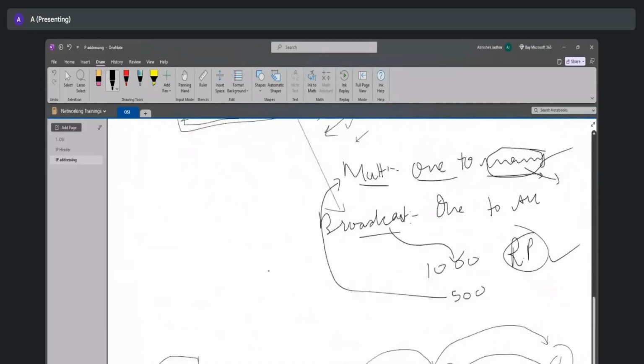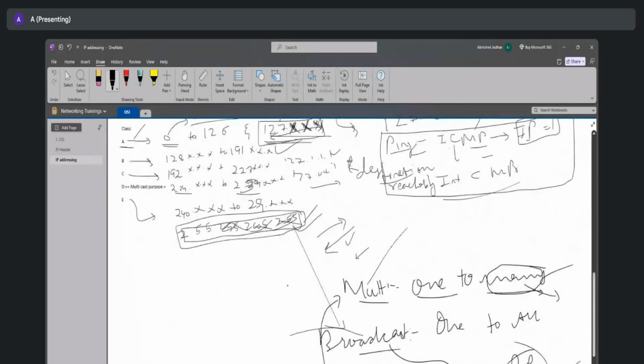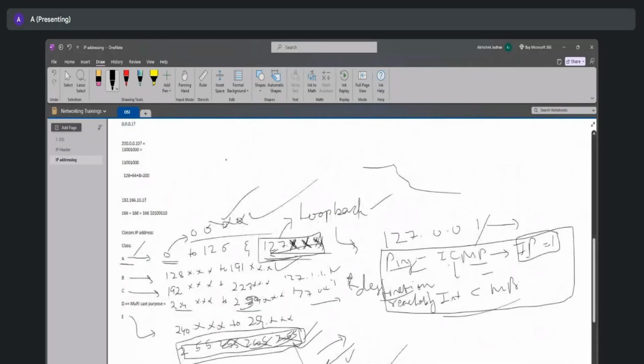Now, I told you about multicasting, I told you about broadcasting. There is a concept called unicasting as well, right? Which works like this, where it only communicates from one router to another. That's it. If there are multiple routers as well, it will not communicate with them. So that kind of communication is called unicasting,